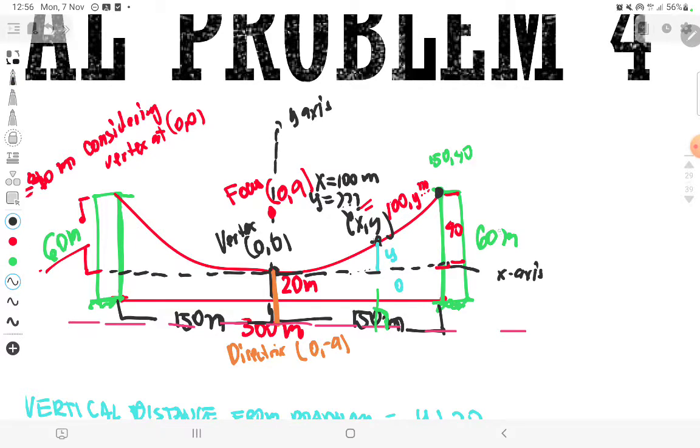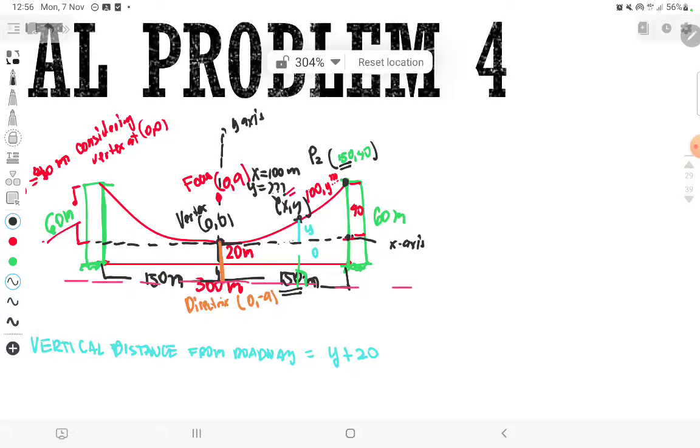150 from the middle to my x value, this is 150, right? And a point 60 minus 20, which is equal to 40. Let's say this will be my P2. So this is the safest because this is already given. So by finding for a, solving for a,